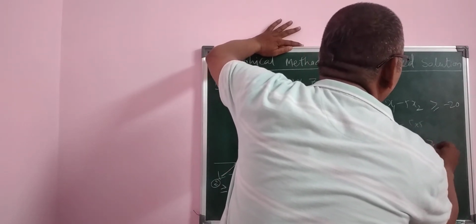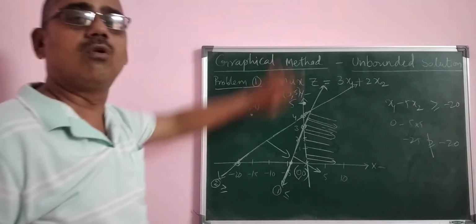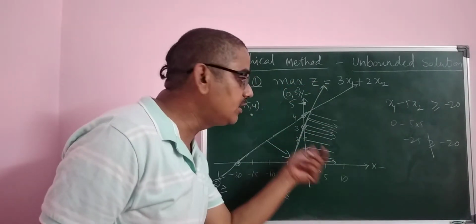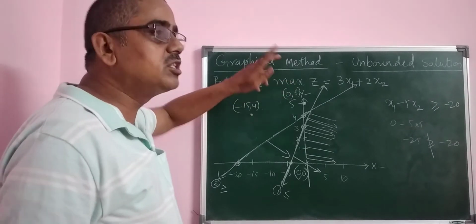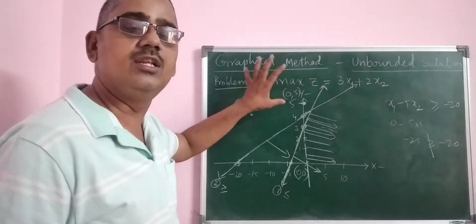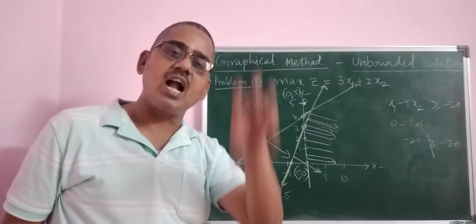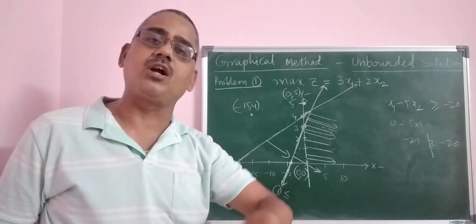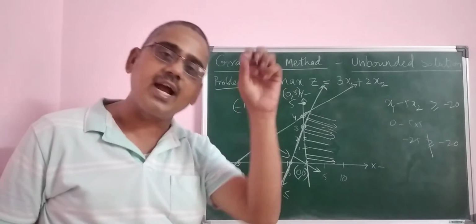Minus 25 is greater than or equal to minus 20? Not at all. It is not greater than or equal to. So, you take one point on one side of the line and another point on the other side. Whichever point satisfies the inequation of the constraint,